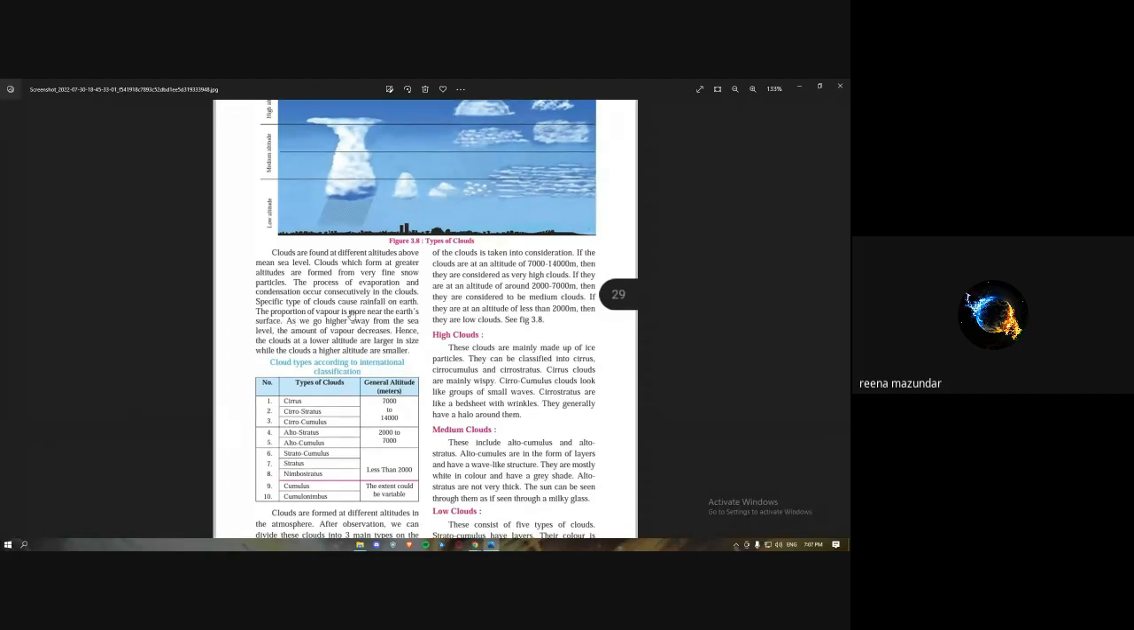Specific types of clouds cause rainfall on the earth. Different types of clouds are there, and different types of clouds bring rainfall. The proportion of vapor is higher near the earth's surface, and as we go higher away from sea level, the amount of water vapor decreases, isn't it? Now what is given